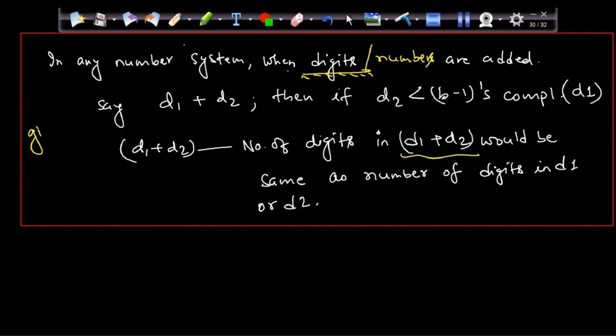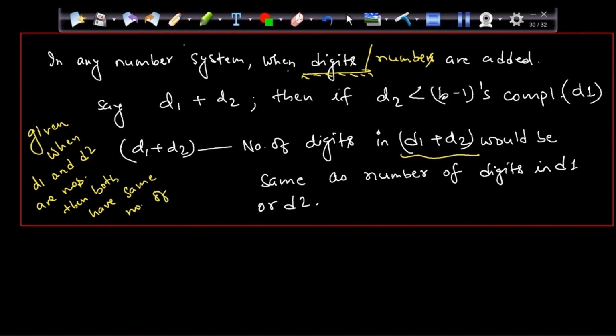If d1 and d2, let's say they are numbers, they are not digits only, they are numbers. In that case, what we are inferring is that the number of digits in d1 plus d2 would be the same as the number of digits in d1 or d2. So when d1 and d2 are numbers, and both have the same number of digits,